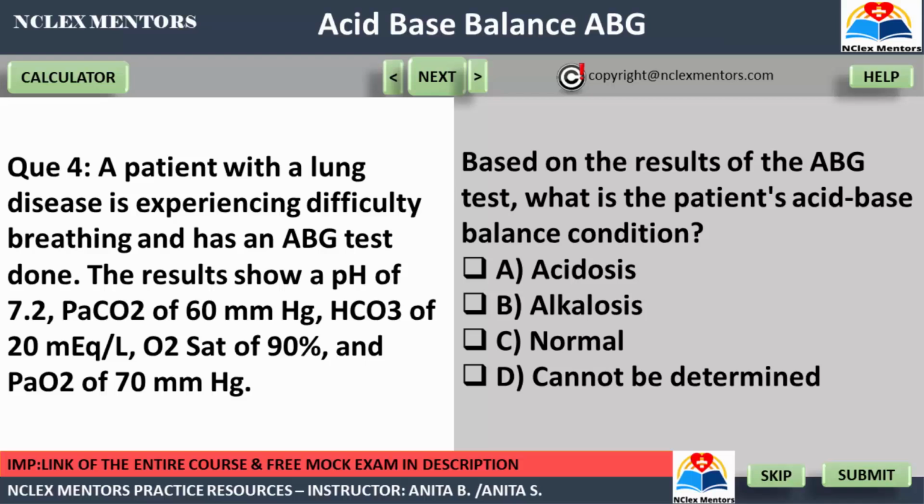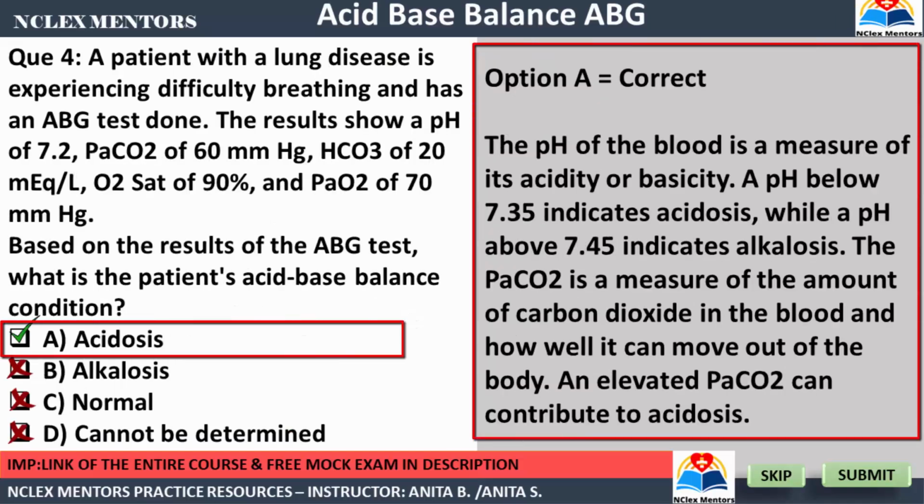All right, time's up. Let me reveal the right answer to you. The right answer is option A, acidosis. The results of the arterial blood gas test indicate that the patient has acidosis, as the pH is below the normal